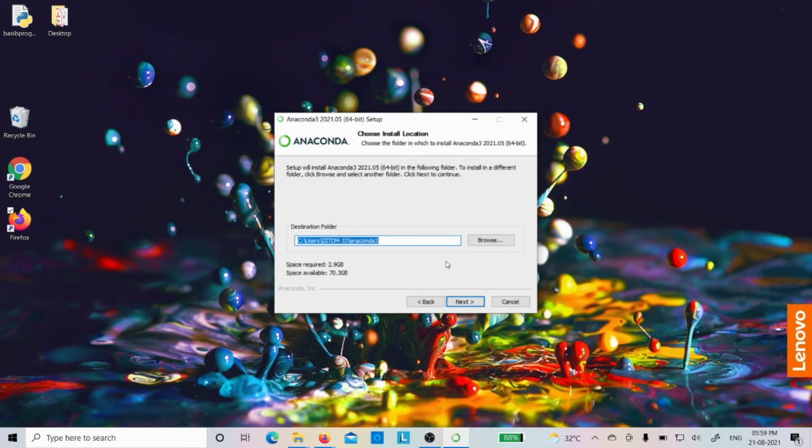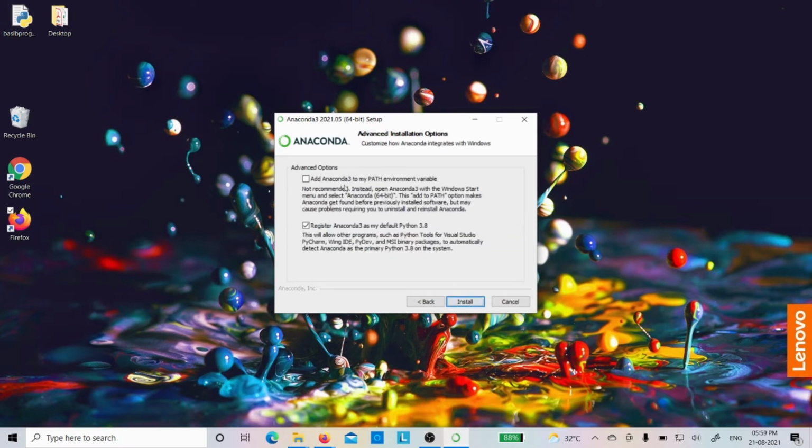Now it will ask where you want to install. If you want to install in a different folder, you can do it by clicking the browse button. Otherwise, you can go for the default one. It will install in Users and then Anaconda. So I'll click the next button, and there are two options: add Anaconda 3 to my existing environment variable, and